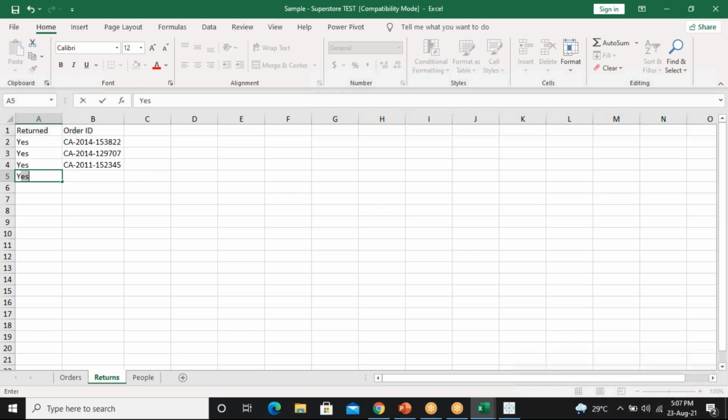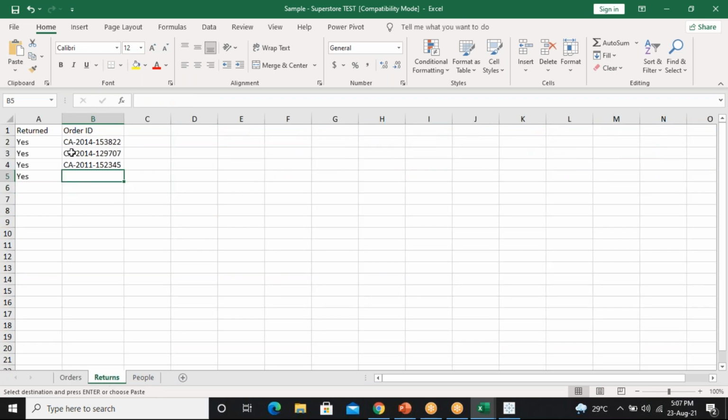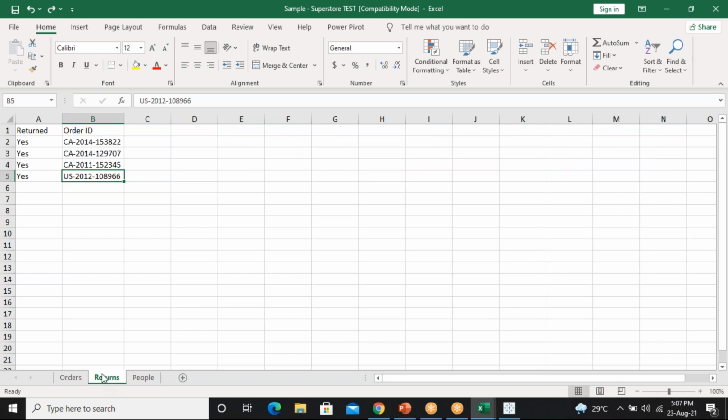Here I'll give yes. And from here, I will take 1 value and paste that in the returns. Understand what I'm doing? I've created one more duplicate entry, and the same value I copied one more time to the returns. I will save the sheet now.